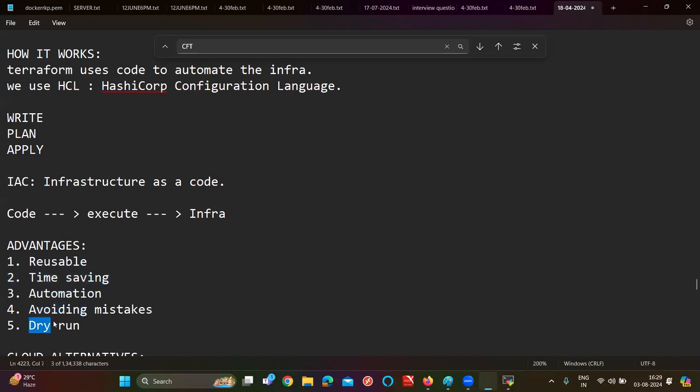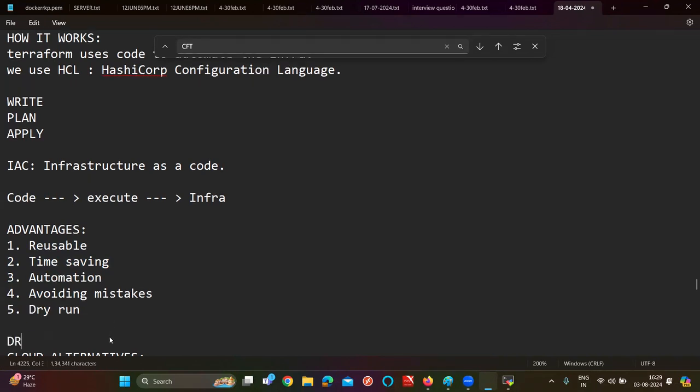And dry run. I think I already said dry run. Dry run is nothing but, without executing the code, we can see what the possible outcome is. And one more thing, there is a full form of DRY. DRY stands for Don't